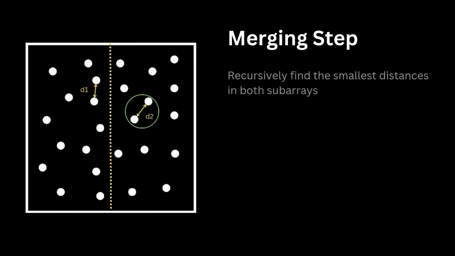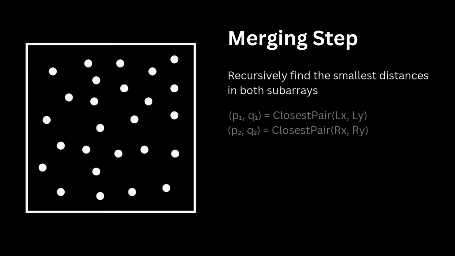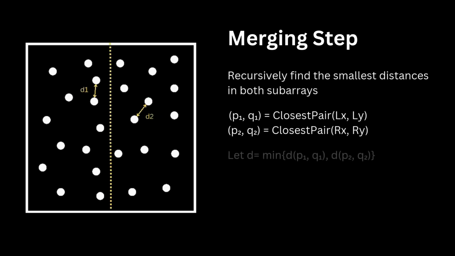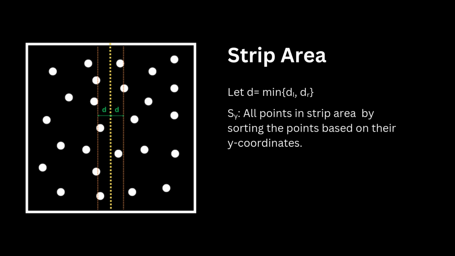Next, we focus on each half separately. For each half, we find the closest pair of points. Once we have the closest pair in each half, we compare the two distances and choose the smaller one. But there's one more thing to consider. After finding the closest pairs in each half, we must also consider the strip area near the dividing line. Some of the closest points can be found here, so we need to examine the points in this area to